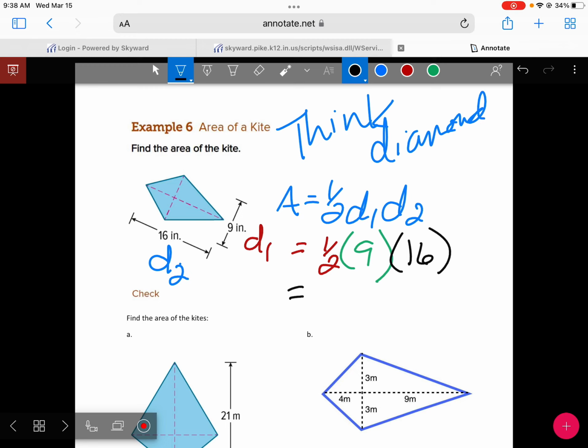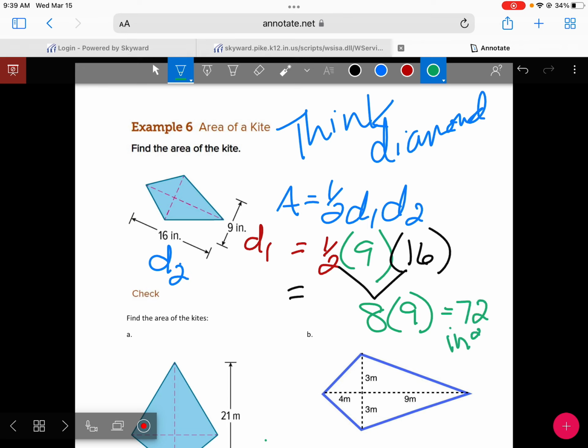I am going to look for half of my even number. So half of 16 is how much? 3. Oh, 4. Half, not square root. Half of 16 is 8, right? I thought you could do 9 first. Well, the problem with 9 is it's 4.5. It's not an even number. You can take half of an even number easily in your head. So 8 times 9 is 72